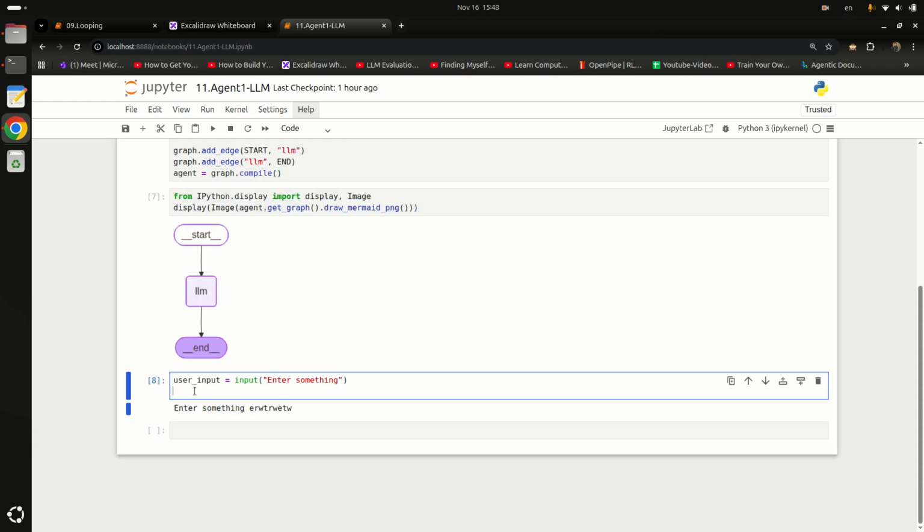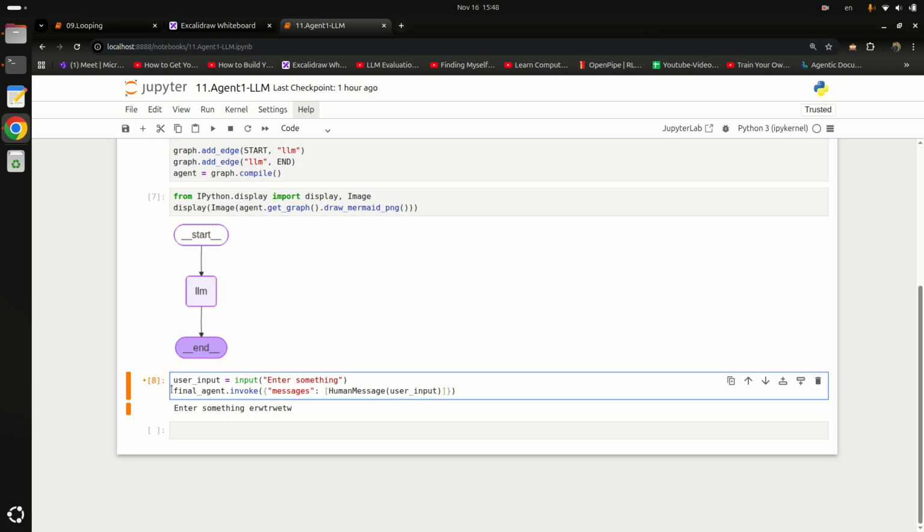Okay, perfect. Now we have to invoke our graph and send this user input inside the graph. So I'm saying agent.invoke, and messages are basically a list of human message. So we will pass the user input. It will return the state.